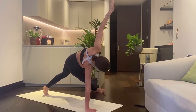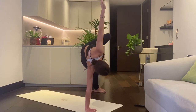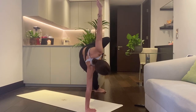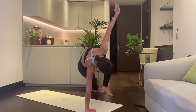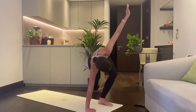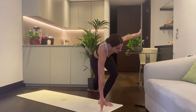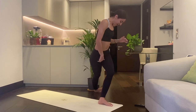Keep pushing the floor away. See if you can lightly lift your left knee up towards the sky. Look where you're going. So gaze to the left top corner of your mat and step your left foot to the left top corner of your mat. Nice. And from here, slowly with your inhale, bring both of your hands in towards your chest and squeeze your